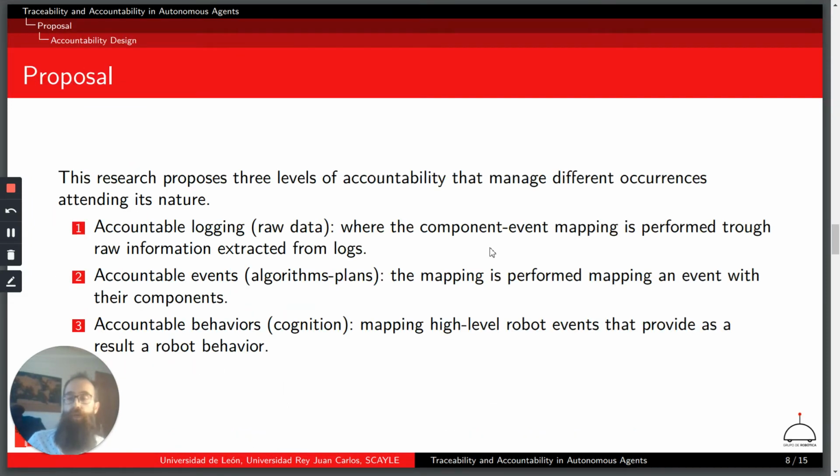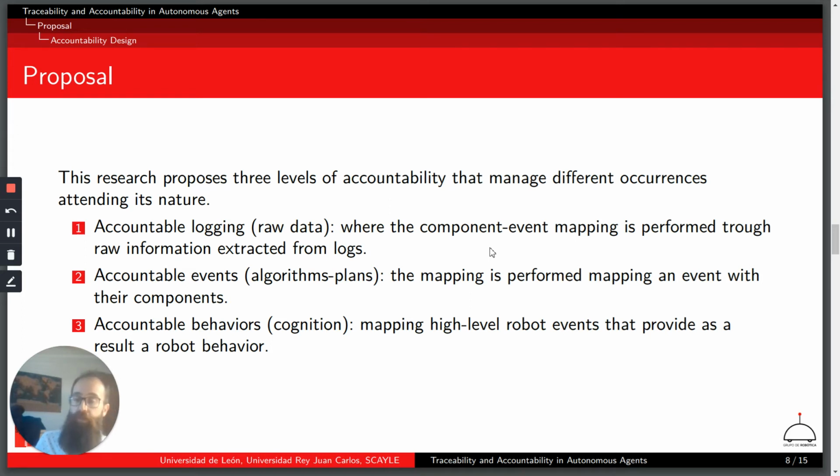So our proposal divides to face this problem in three different ways. First, facing the accountable and logging data. It means the classical how we check the raw data, the logs that are dumped in files, are dumped in the screen. Then, how we are going to make accountable events.